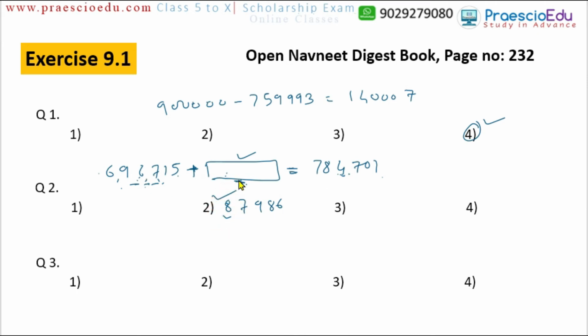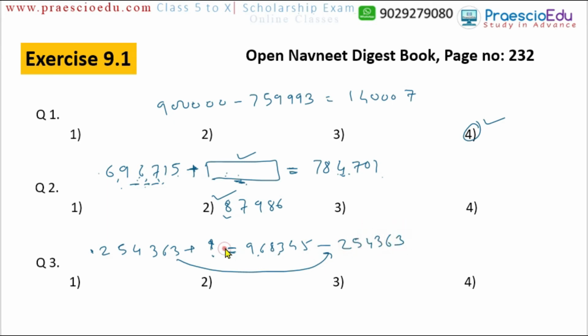Now question number 3, there is 2,54,363 plus something, a question mark, is equal to 968,345, meaning 9,68,345. This is the same as before. Now the question mark is here and here is the box, same as this one. Now this is positive, it will turn here, and this will come as negative